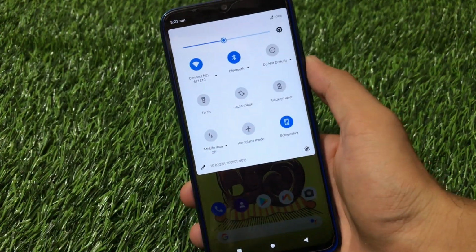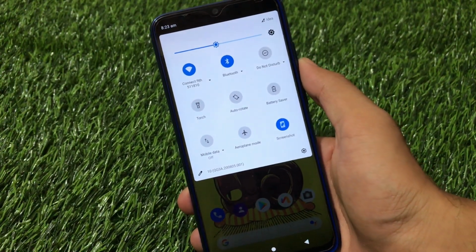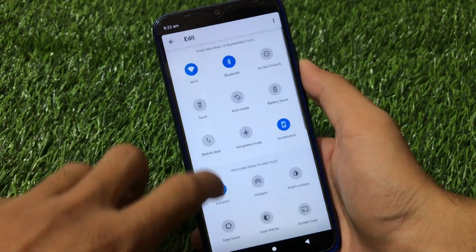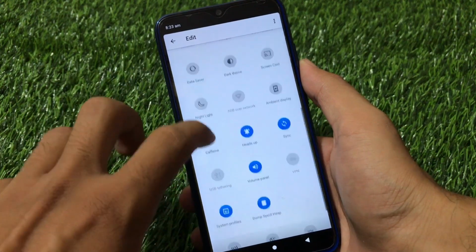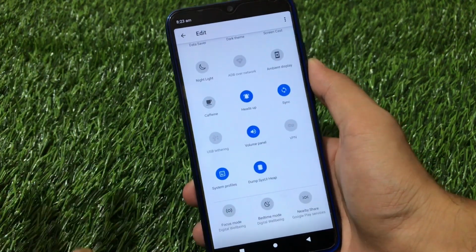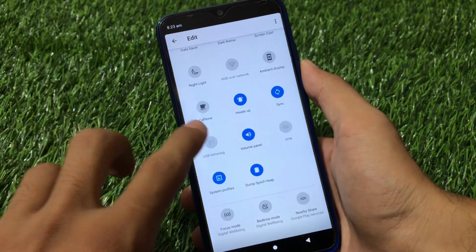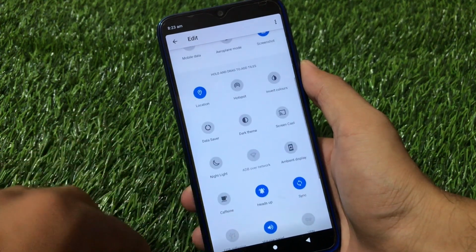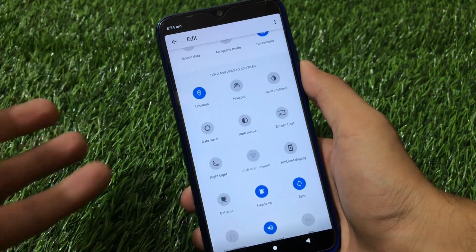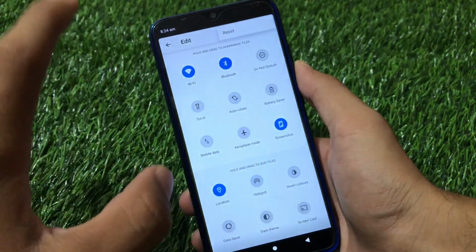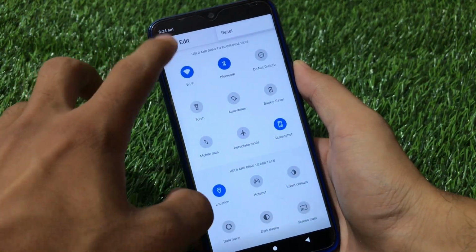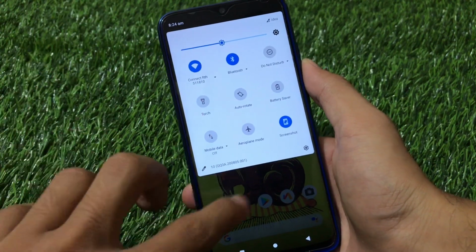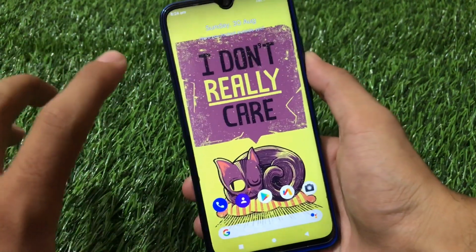If we talk about the customization, Moki OS does not come with a lot of customization options. If we talk about the quick settings, you have these kind of tiles options available where you can add the normal tiles which are available in other custom ROMs, but you don't get extra tiles option like the FPS info and some other tiles which might be needed but not available here at all. And you cannot even customize your columns and rows in the quick settings. So yes, it has no customization features as expected.